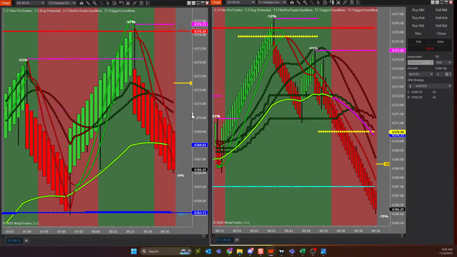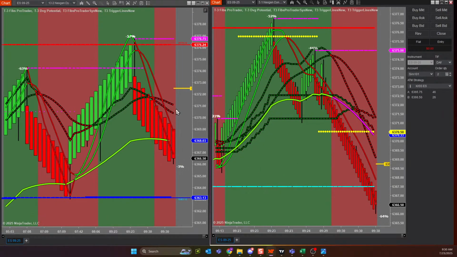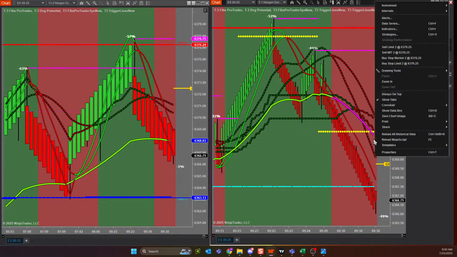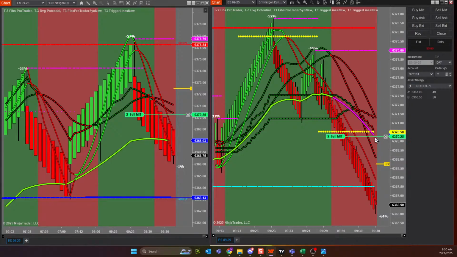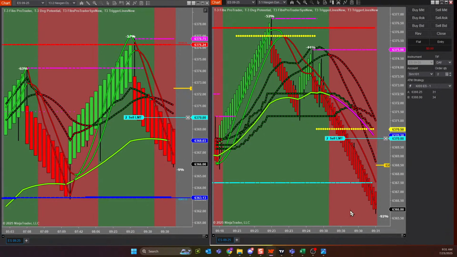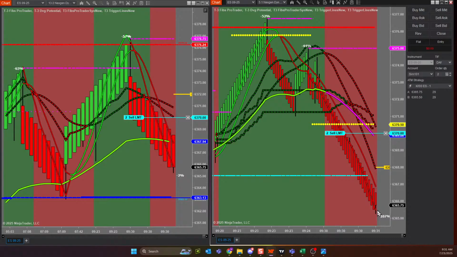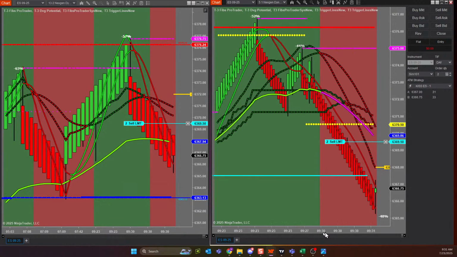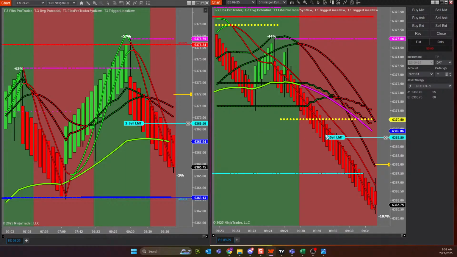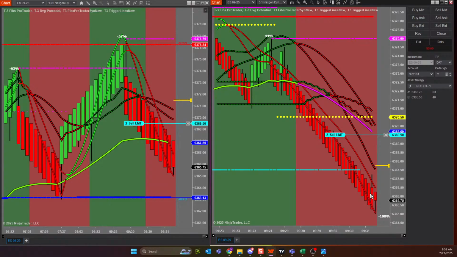And now my smalls are below my large. And my large are down, and there's nothing in the way. I'm clear of trouble. And guys, look at this. I've got two areas inside of triggers. Whoops, I didn't want an MIT. And my rules say that if I get a pullback, I'm going to sell the market right at an area right inside of triggers. And this is what it's going to look like as you're waiting for that small crowd to fight. We're rooting for a reversal bar, guys. We are dying for them to push up just a little bit.